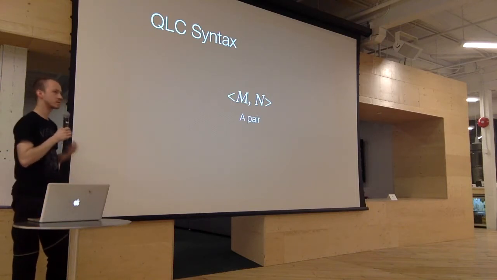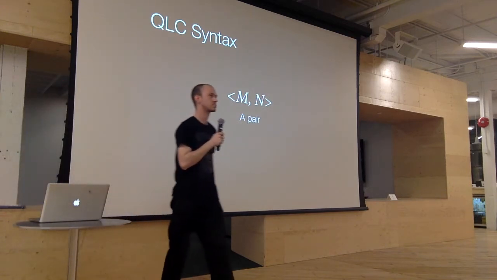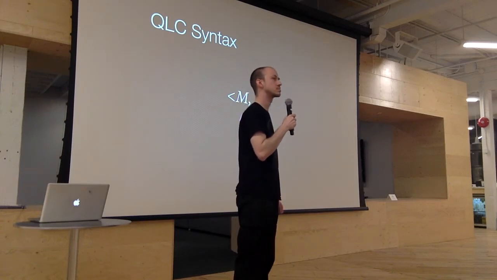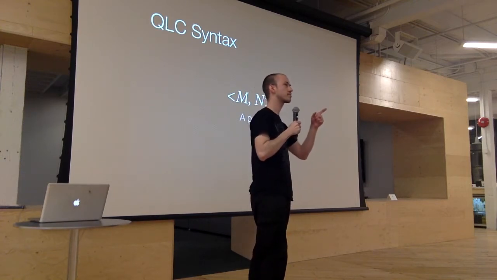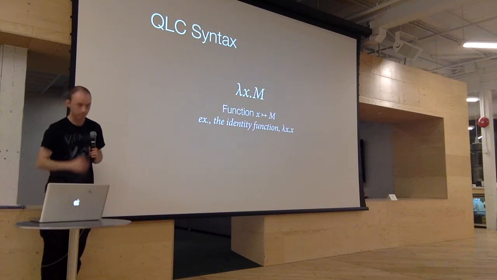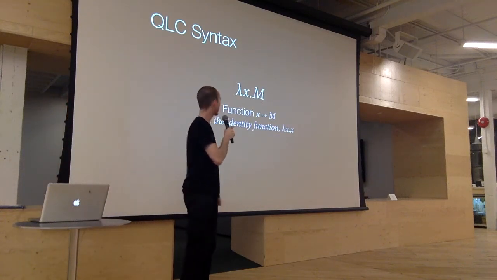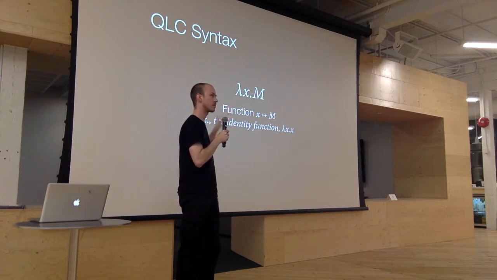This is a pair or a tuple. It's useful to have pairs of qubits in many of the quantum algorithms. So in your function definition, you let x be n, which is a set for... Um, two slides back. Sorry, I couldn't quite hear you. If you go back two slides. Yeah, the function definition. N is a set for x, and M could be any other form of the quantum Lambda calculus. It's just kind of the body of the function. Yeah, like any expression.